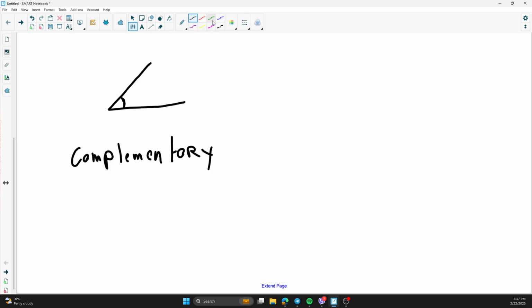Complementary means that you have an angle, and it adds up to 90, and then the other would be the rest of the angle. Say you had 43, then the rest would be 47. So that's complementary, right? The sum of two angles, this angle and this angle, is supposed to be 90. Now the supplementary one,